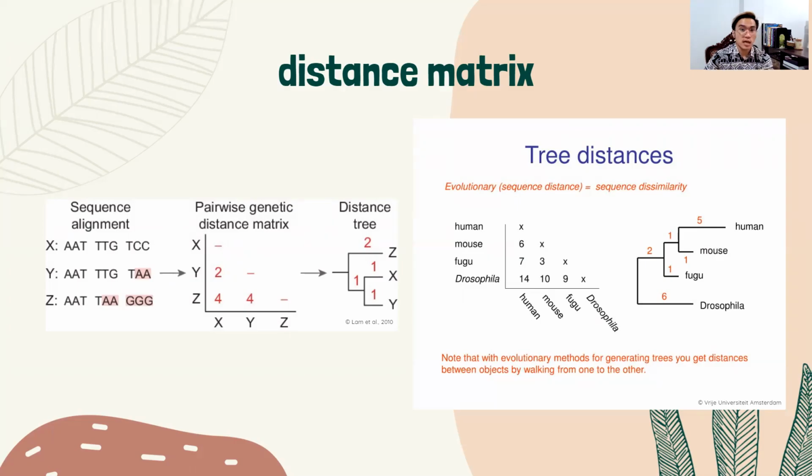So instead of creating just a character taxon matrix, a more logical way, again, the premise is the more different the codes are from each other, the more distant they are in the tree, and the more similar the codes are to each other, the more clustered they get in the tree. In this case, you can simply say that the more similar the genetic sequences are to each other, the more clustered they get in the tree. The more different the sequences are, the farther you see them in the tree.